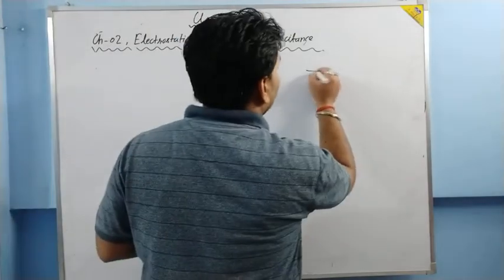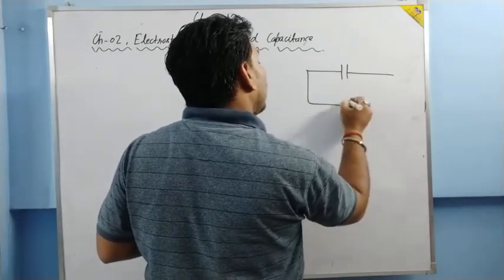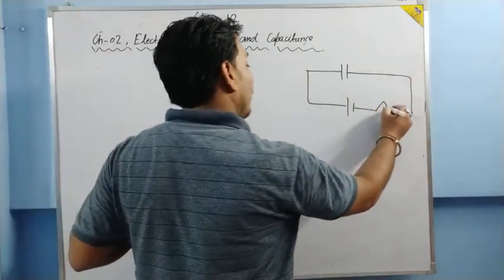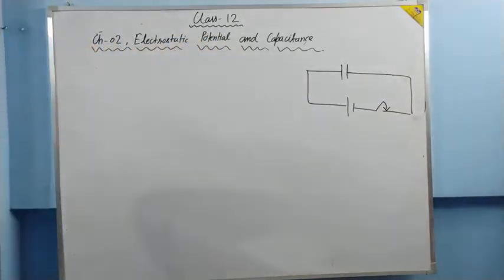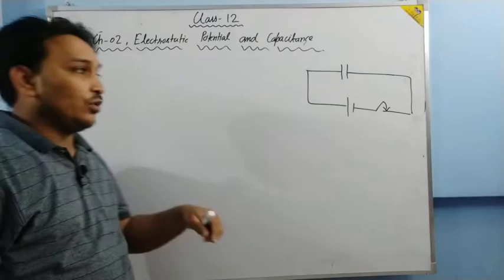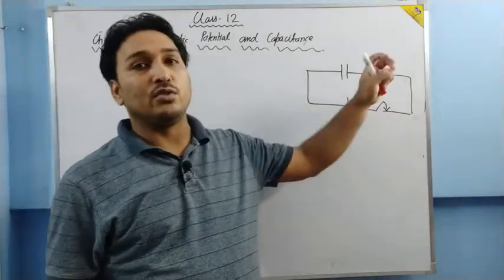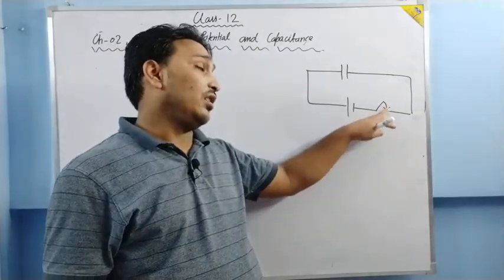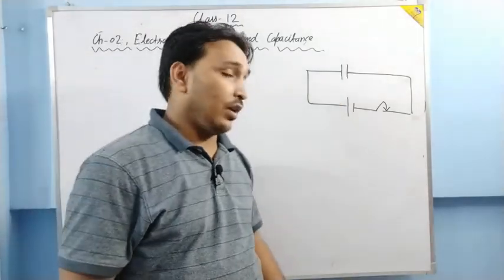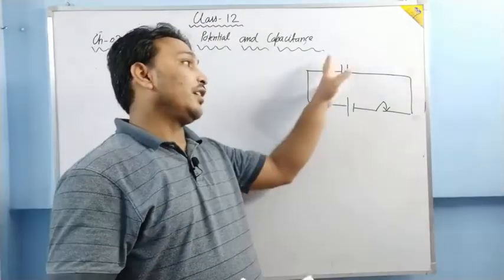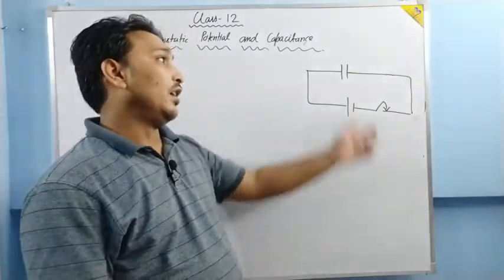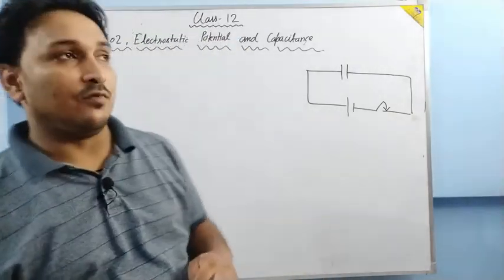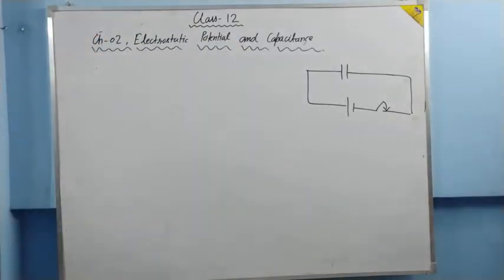Actually, there is a question like, a given capacitor is connected to a battery, there is a switch. First of all the switch is on. The capacitor is charged. Then there are two cases after the capacitor is charged completely. One, the switch is on, another, the switch is off. What I want to say is, one condition is when the cell remains connected, another when the cell is disconnected. A dielectric slab is inserted. What are the factors which change? Charge changes, voltage changes, potential changes. So we are going to discuss that.